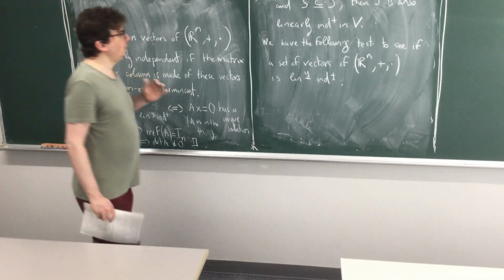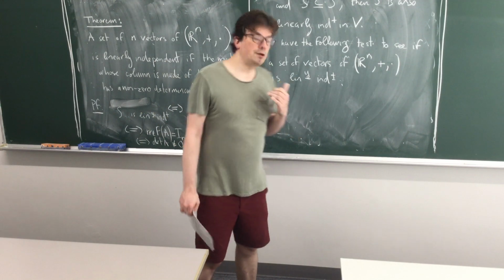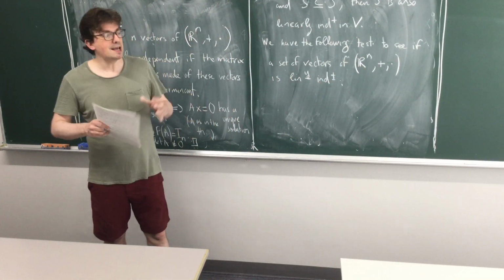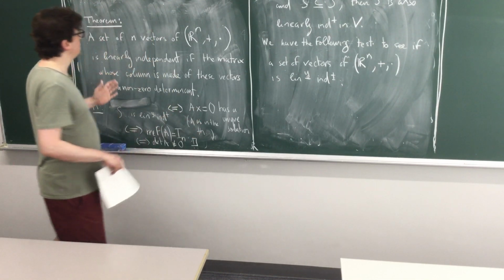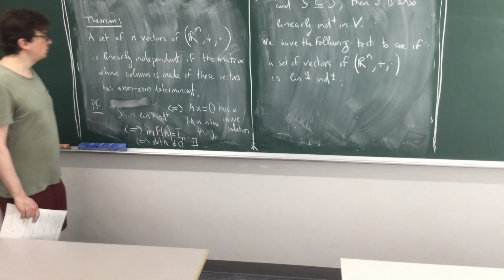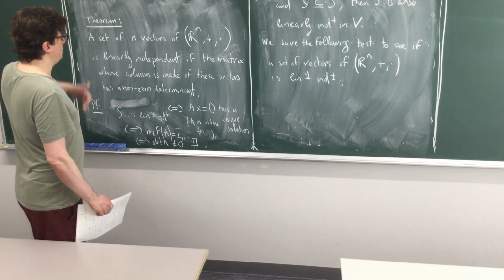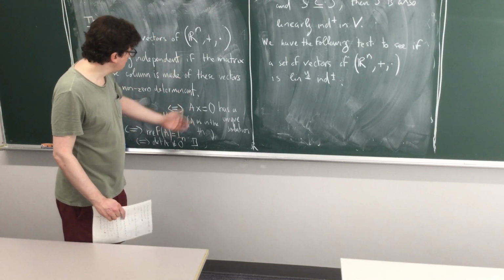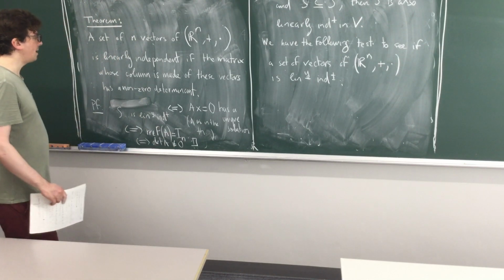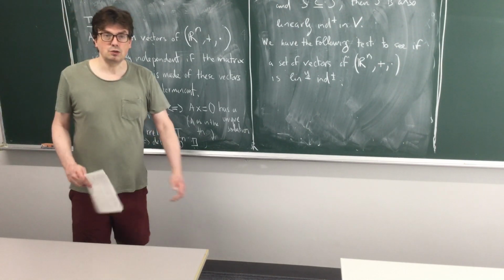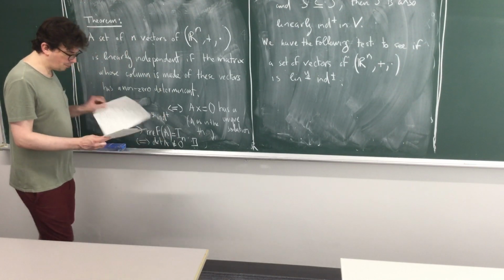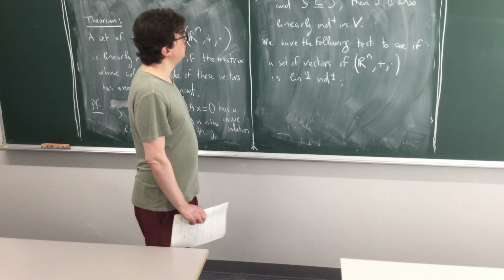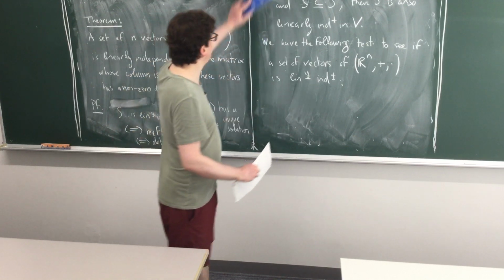Okay, so remember, if you are in the special case where V is R to the n, and you have a set of vectors which is precisely n, then you can use this nice criterion. You just put in column the coordinate of your vector, you get a matrix n times n, and you check that the determinant is non-zero. When this happens, then you will have a set of vectors linearly independent.